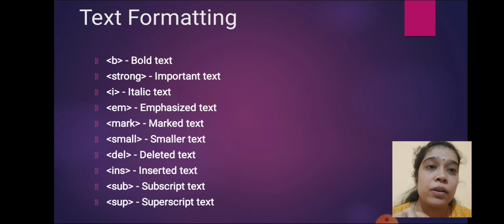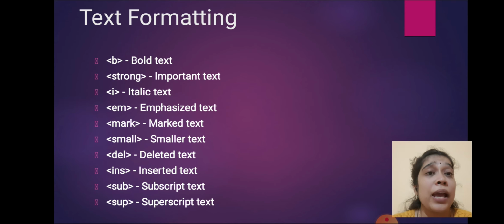Next is del for deleted text, ins for inserted text, sub for subscript, and sup for superscript. Subscript and superscript we have already used in Word.